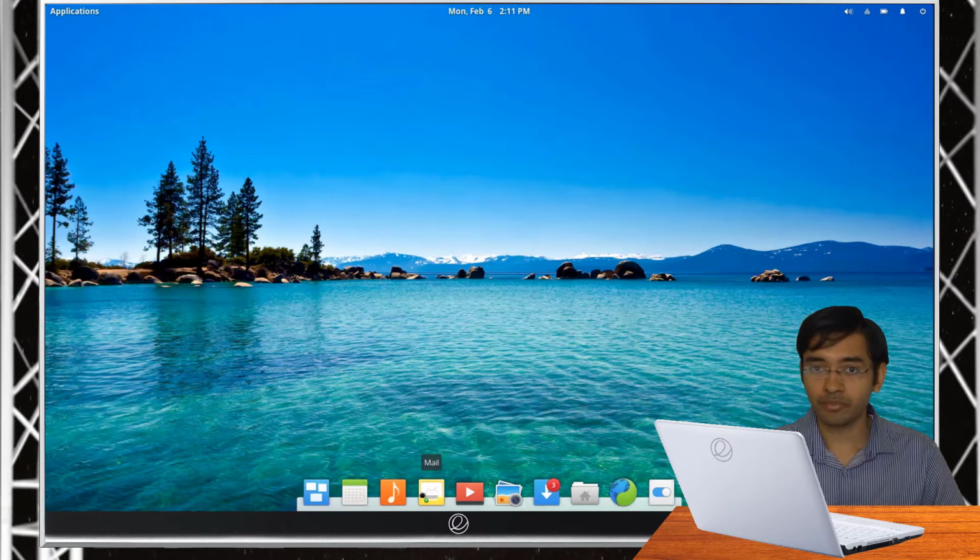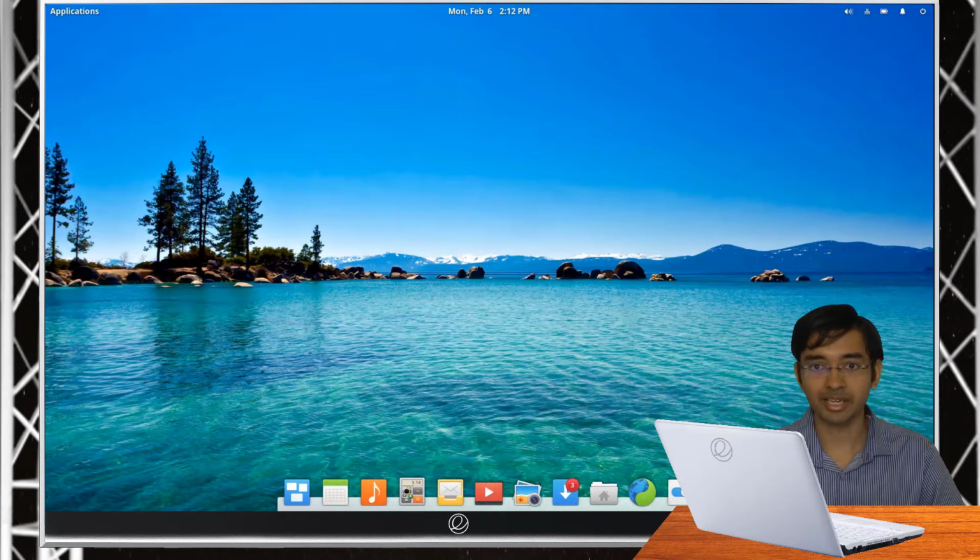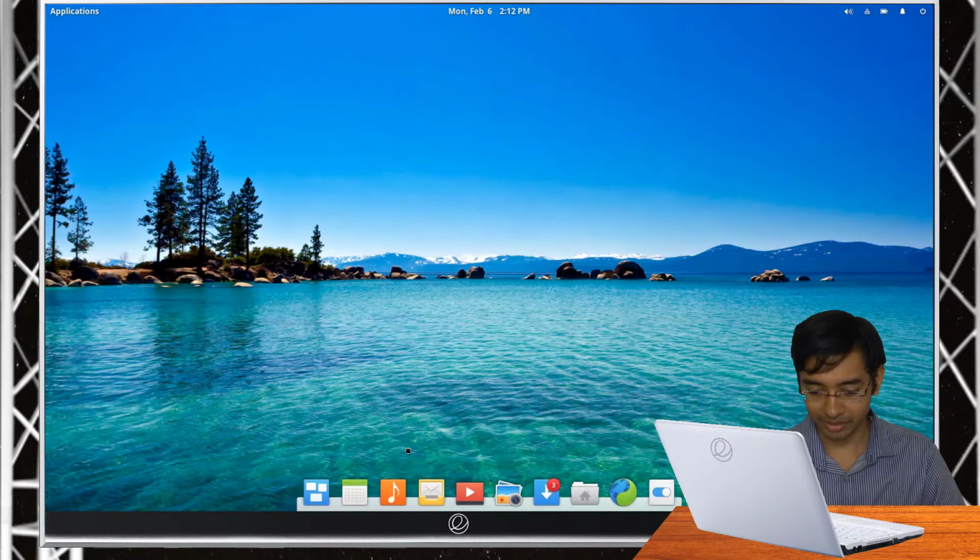Like to add a program, we can drag it from the application menu and then just drop it in the dock, as simple as that. To remove a program, just drag the application from the dock and then hover it on an empty area on the desktop, and with that cool animation it gets removed from the dock. Like the Mac, the dock indicates an open application by showing a blue dot below it.